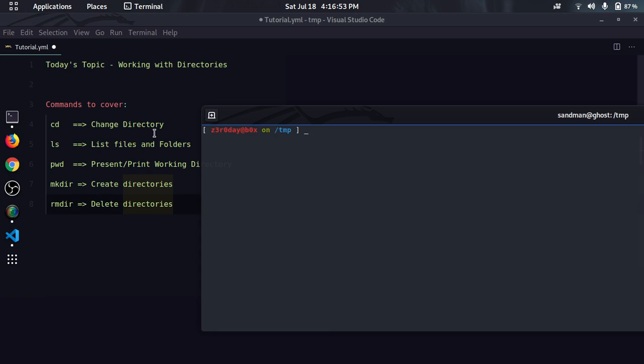So summarizing, cd is used to change directories and move from one directory to another directory. cd double dot brings us back to parent directory. cd tilde sign can bring us back to home directory. cd with no argument can also bring us back to home directory. cd hyphen or cd minus brings us back to the previous directory. And pwd is used to print the present working directory, ls to list files and folders, and mkdir and rmdir to create and delete folders.